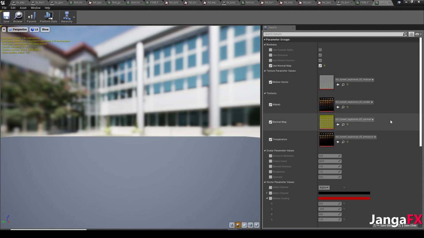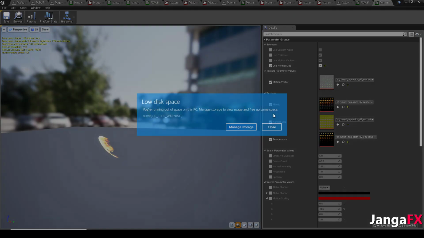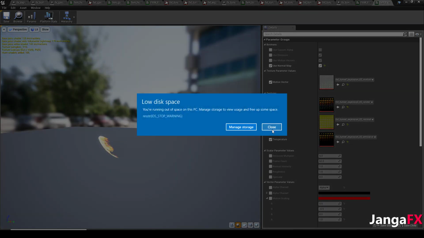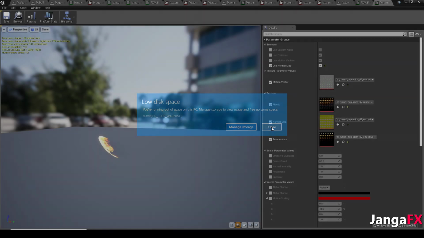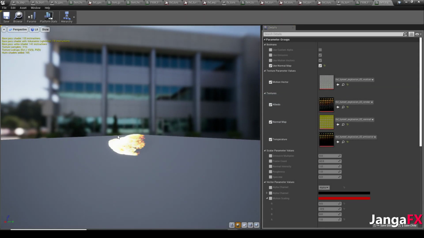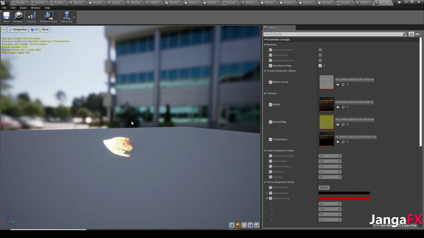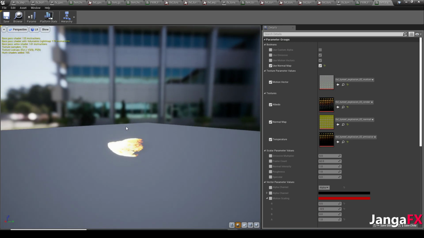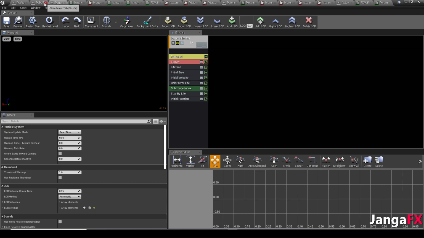All right. And so from here, what we've got is we've got that. Everything is working. You're running out of disk space. Whoops, that's funny. All right, so from here, we've got our flipbook, and now we're going to go into our